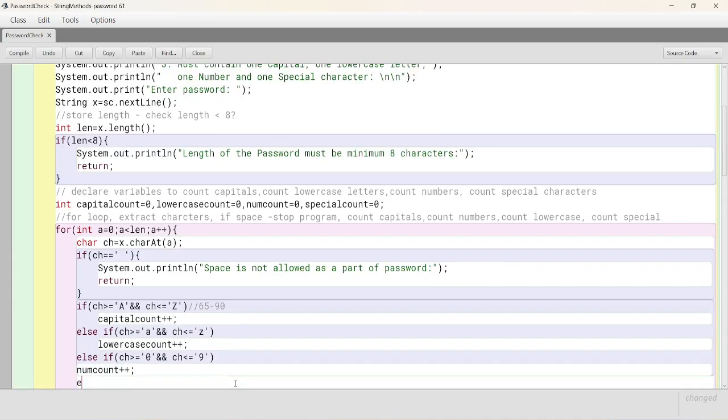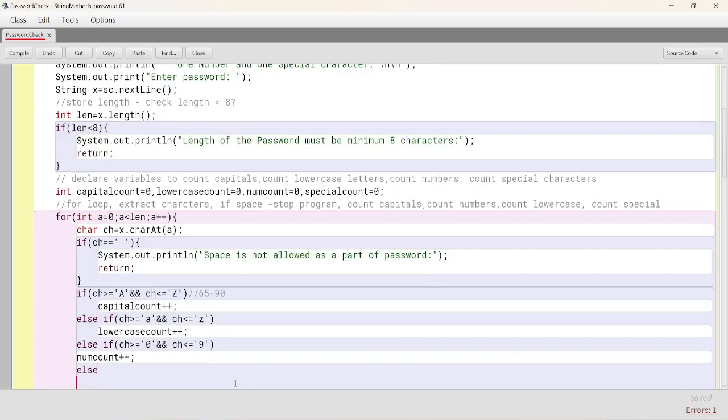Else, on the keyboard, if you ignore A to Z capitals, A to Z lowercase, and 0 to 9, the rest of them are special characters only. So all of them, alphabet characters and special characters. Alphabet characters anyway it won't take, so special count plus plus. So in the for loop, what we have done,